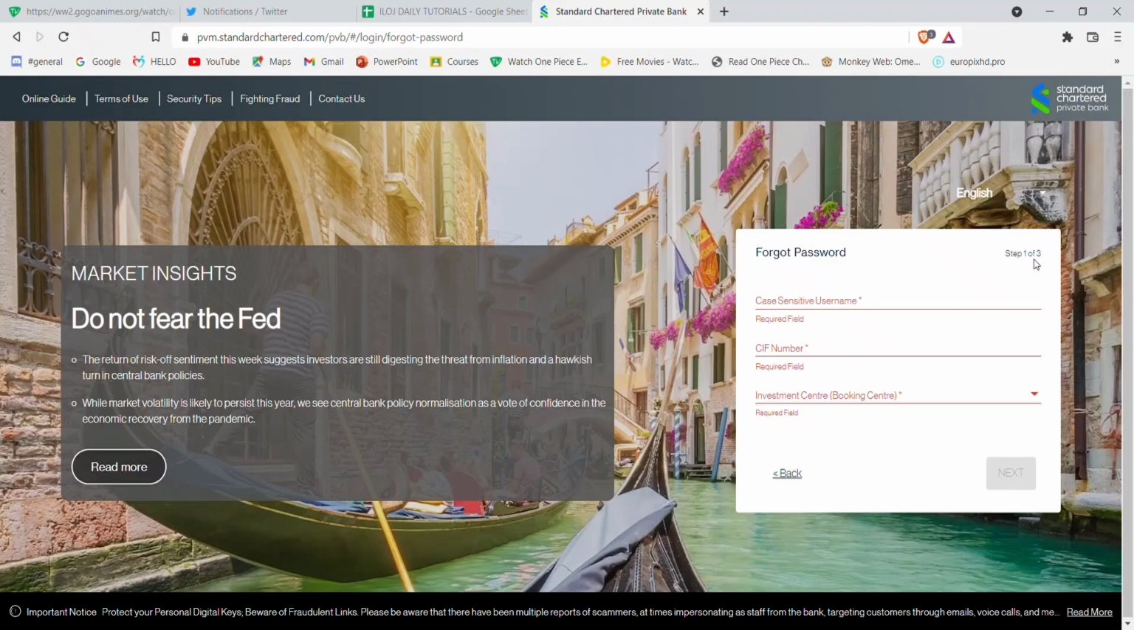And once you click on that message on your inbox, you'll be able to find a link to be able to create a new password for your account, and that is how you can basically reset Standard Chartered online banking